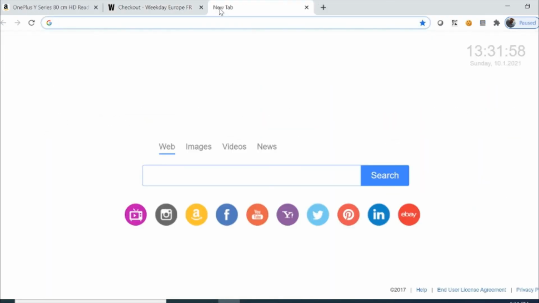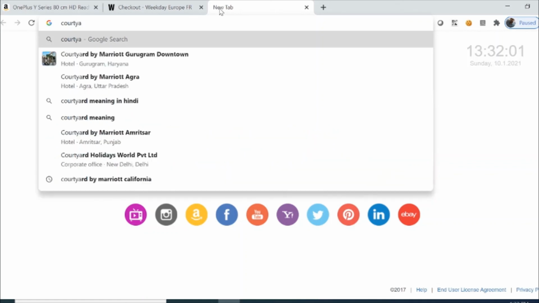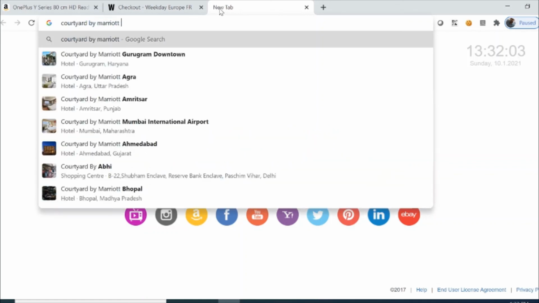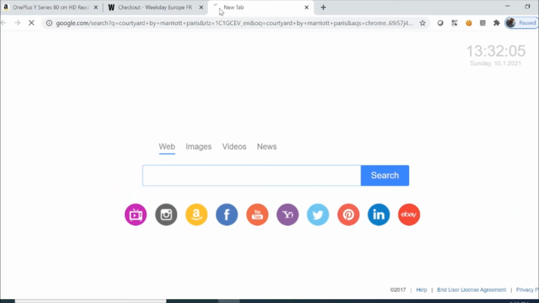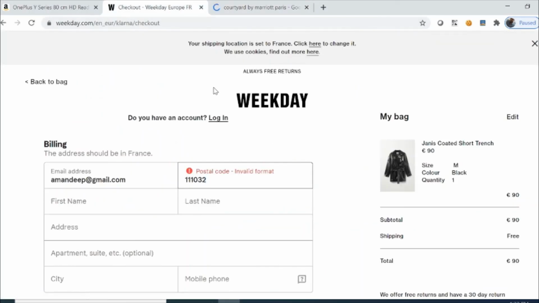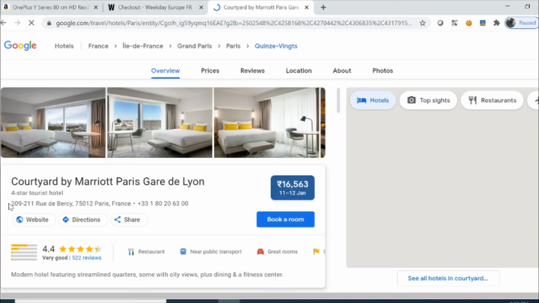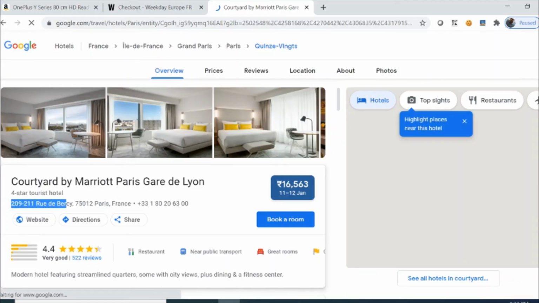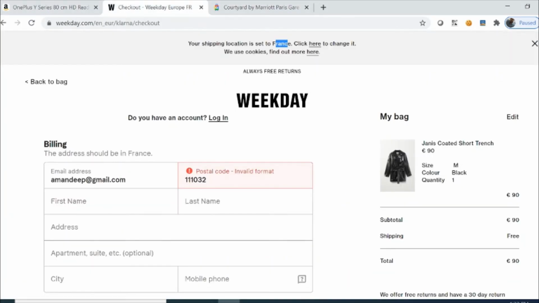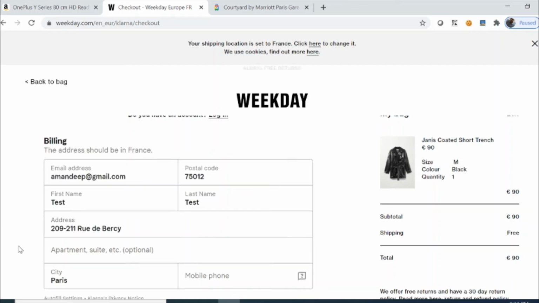So firstly I will need a sample address for France, because the website belongs to France. So let's fill it.